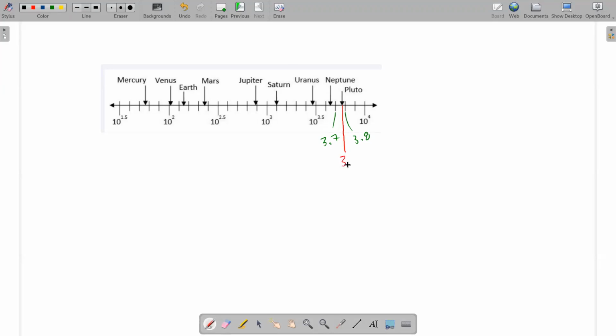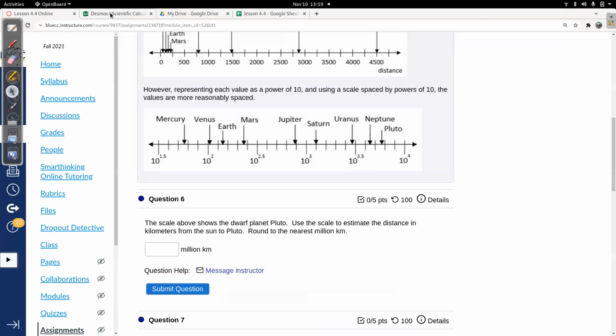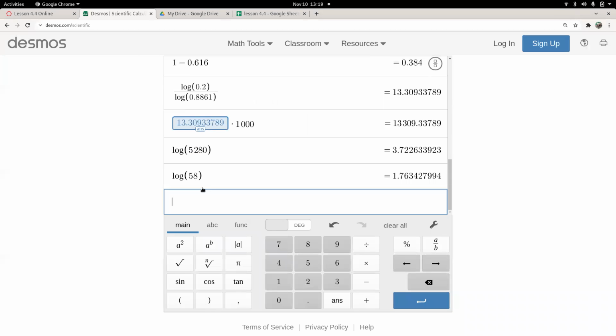So I'm going to guess the power is 3.77. That means the actual distance must be 10 to the 3.77. So we ask a calculator about that. Desmos, please, what is 10 to the power 3.77? Desmos says that's about